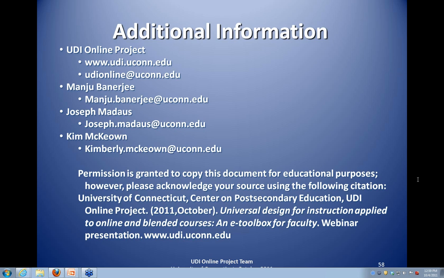The IDEA language around the transition plan and use of technology, and the definitions of assistive technology device and assistive technology services, and understanding the differences between that and the Americans with Disabilities Act, would be more of a peripheral application, but definitely something service providers would need to be aware of in looking at the intersection between the laws and the principles of UDI. And also, it's important to point out that the most recent amendment to the Higher Education Act specifically talks about universal design and has specific language related to universal design in its application in higher education.